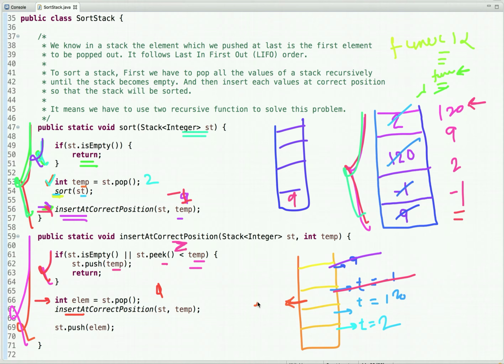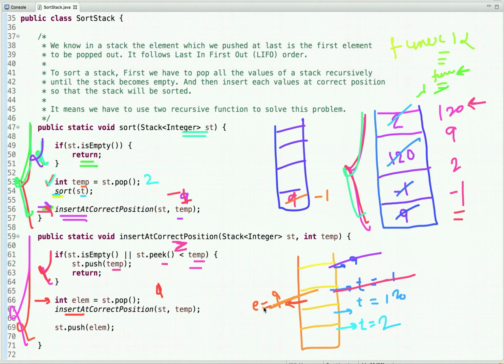When 9 is popped and this function is called, again we put this function with element 9 in the call stack, and in this function call, the stack is empty. When 9 is popped out, the stack is empty, so we push -1, and then it will return. So now we have to execute the earlier function call.